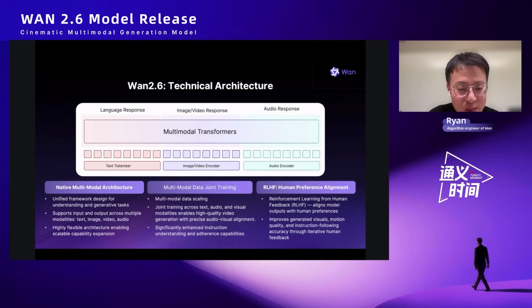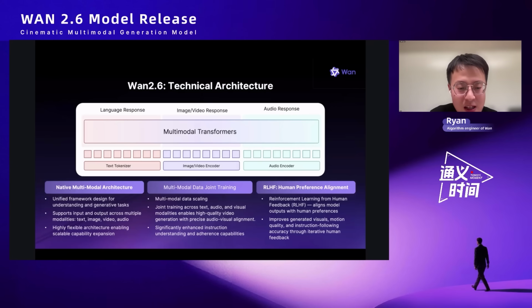This highly flexible architecture enables scalable capability expansion. For training, we do multimodal data joint training scaled up with large multimodal data sets. By training with aligned text, audio, and visual signals together, Wan 2.6 enables high-quality video generation with precise audio-visual synchronization.